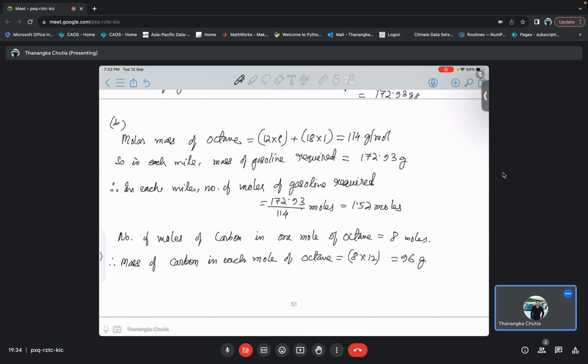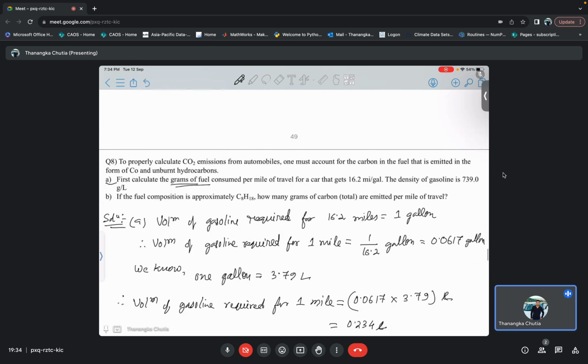Okay, therefore mass of carbon in 1.52 moles, that is equal to 96 into 1.52 gram. Okay, so that is 145.92 gram. Okay, so what we are about to calculate,